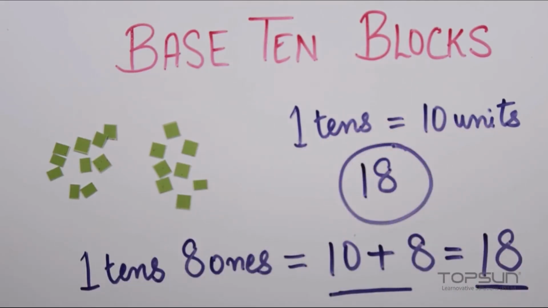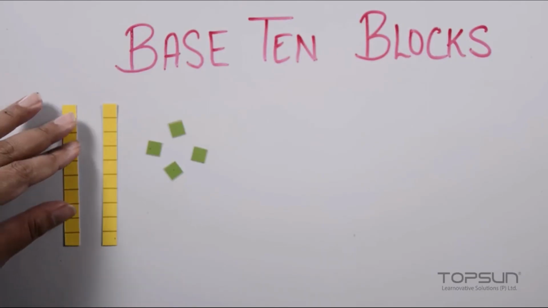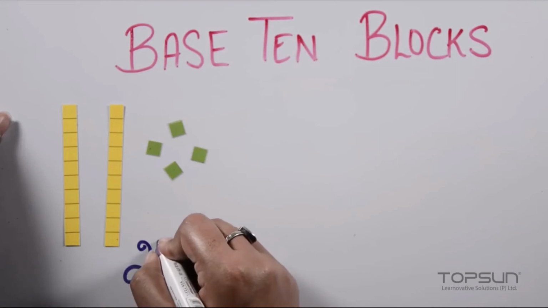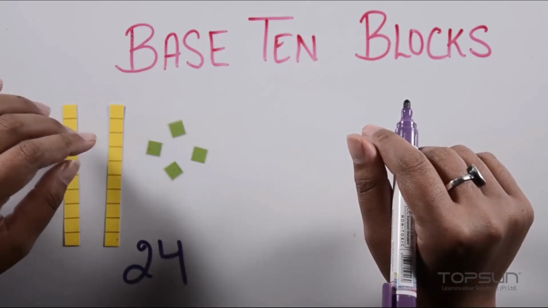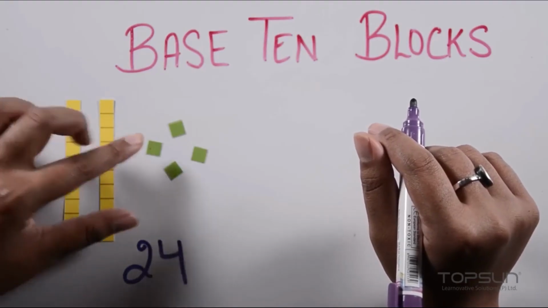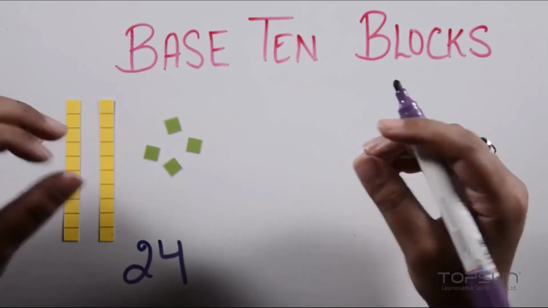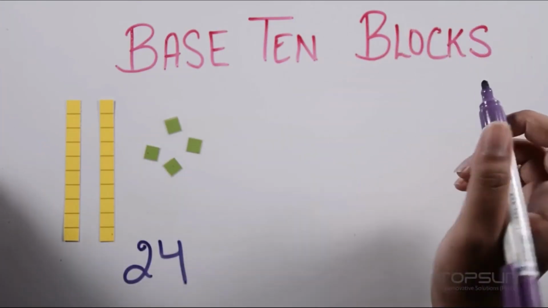As you can see, I have displayed a number here which is 2 tens and 4 units, 24. Now kids can actually see the quantity visually, having 2 ten rods and 4 units in the ones place. It will click in their mind instantly and help them understand what 24 really means.